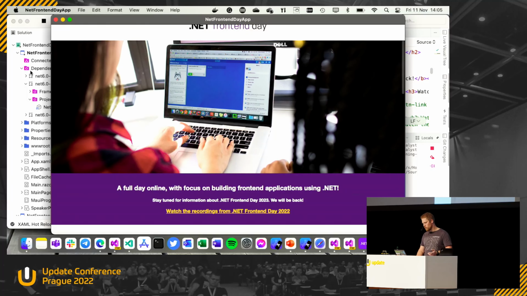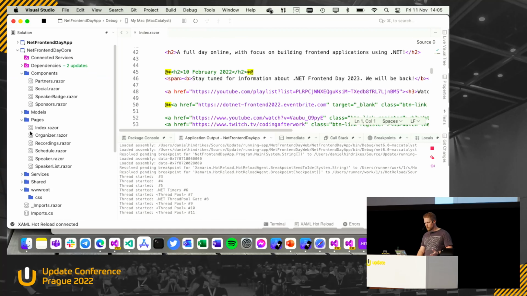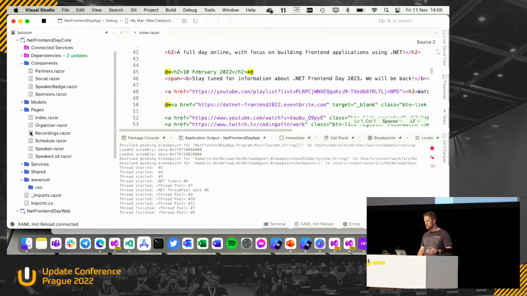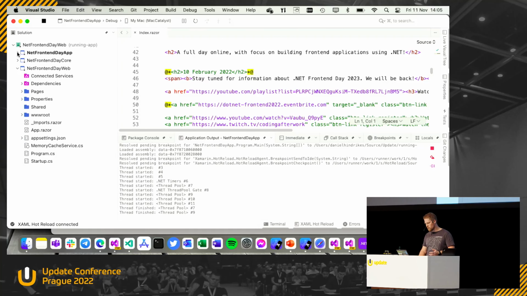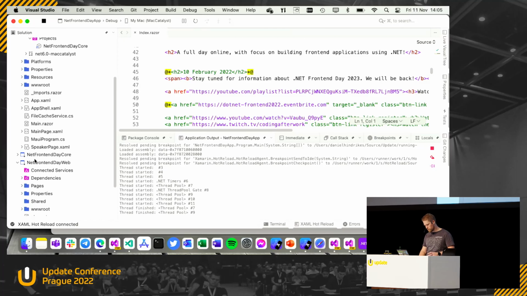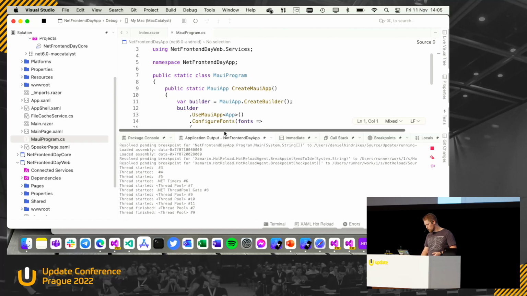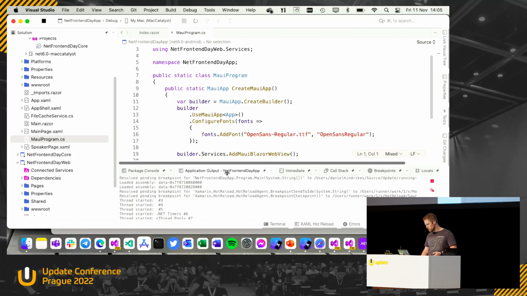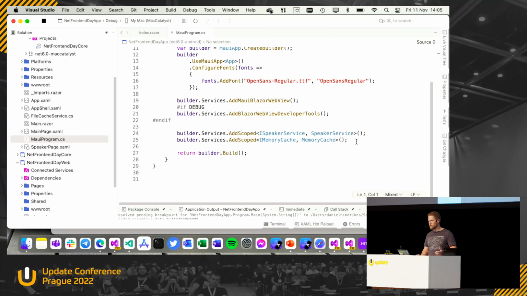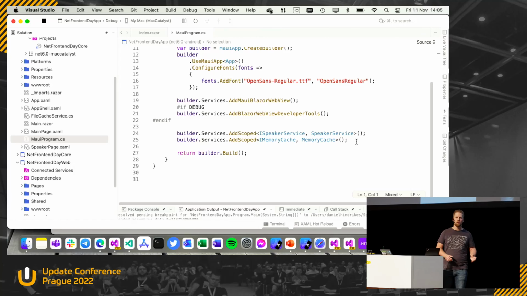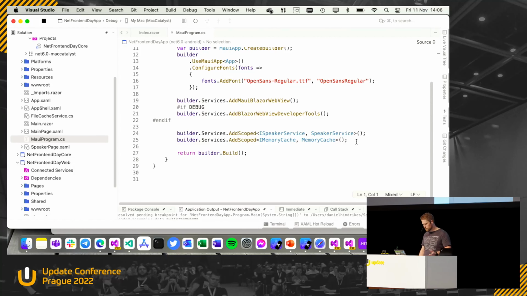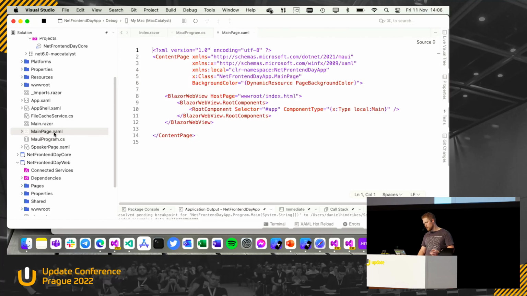But I want to show you a few things I did first, because you maybe have some memory caches or something you use in your web application. To make that work on MAUI, I need to, of course, install the NuGet package, but I also need to go here to the MauiProgram file and add those services to the IoC. In Blazor, stuff like that is included by default. You don't need to do that, but if you want to run it in the MAUI app, you need to do it. And if we take a look at the main page, not XAML, you can see here that we have a Blazor web view,